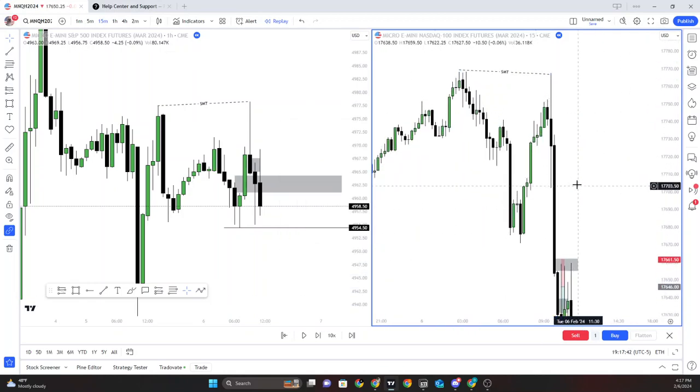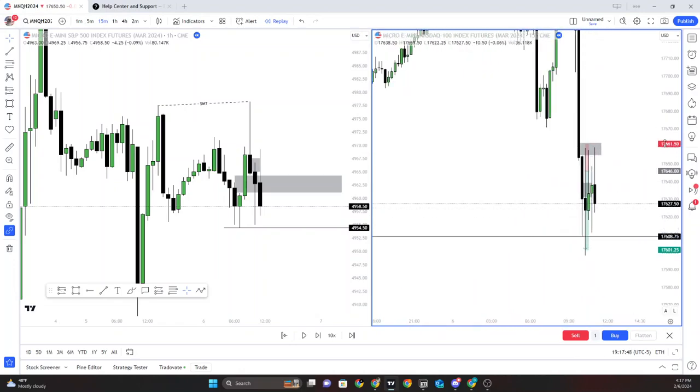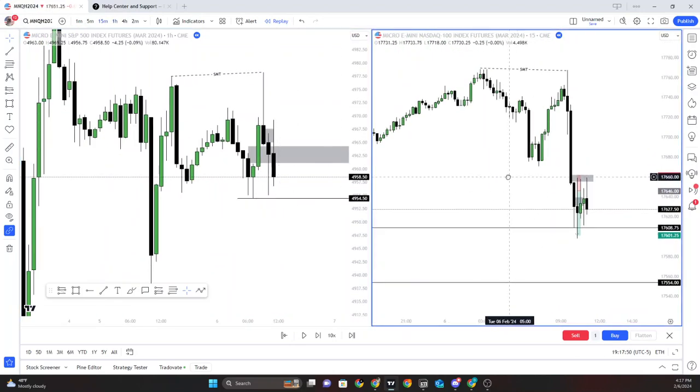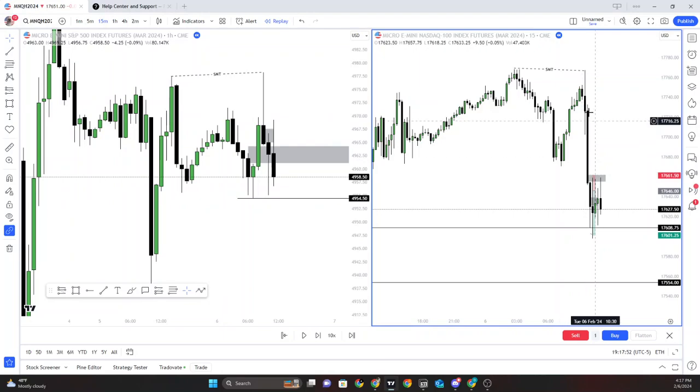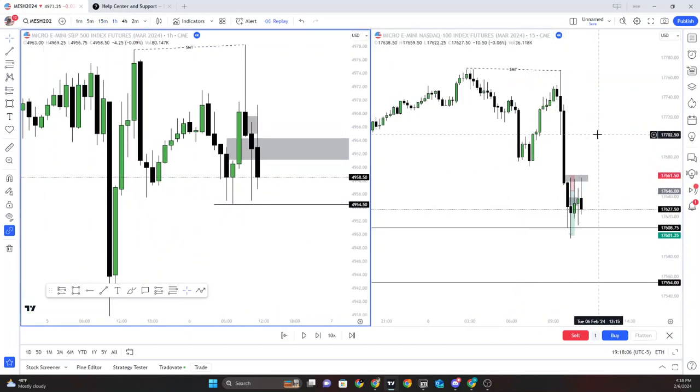So once we started inversing these fair value gaps, I kind of anticipated it targeting more sell side. And pretty much when the inversions were happening, that's when I changed my bias, because there's no point of playing longs if it's inversing all these bullish fair value gaps. It's just not profitable. So I switched. I started looking for shorts.